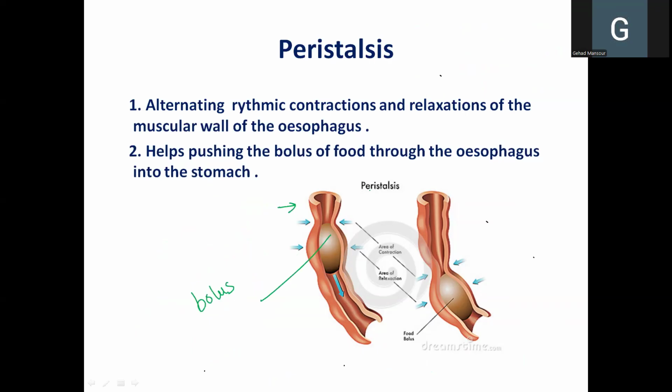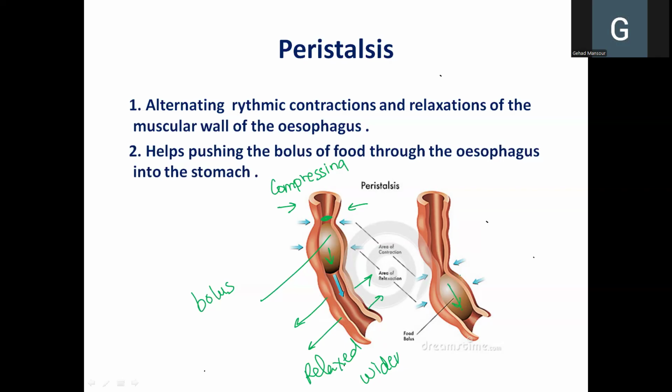And then the arrows that are directed inwards mean that we are compressing the esophagus above, while the muscles underneath are relaxed, and therefore the lumen is wider. So you have something that's narrowing here and something that's dilating here, and this helps push the bolus of food